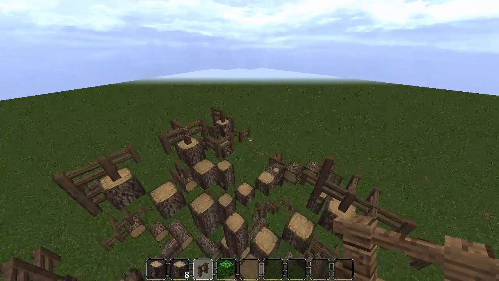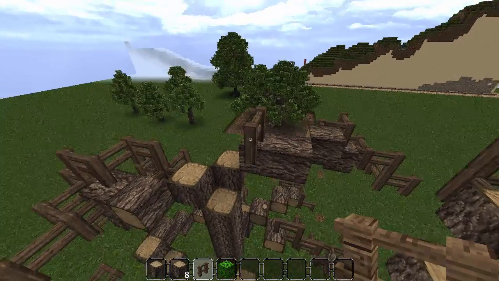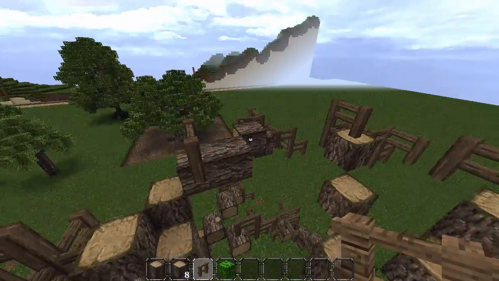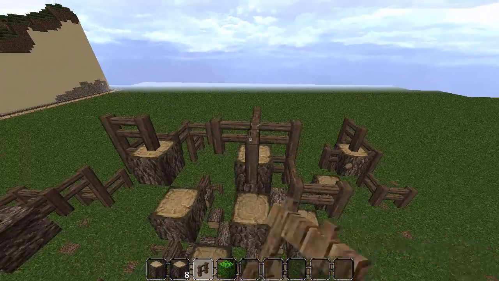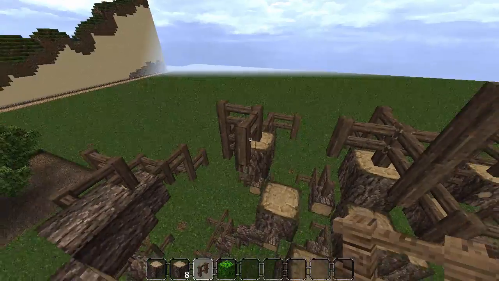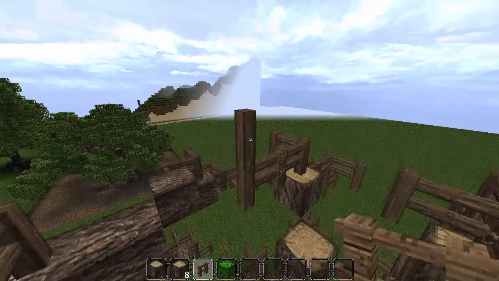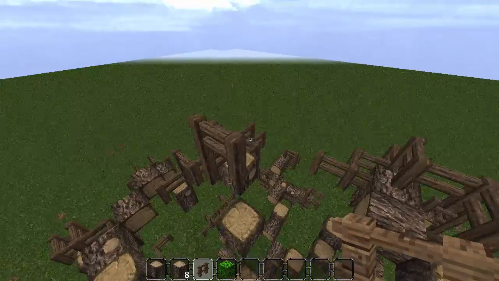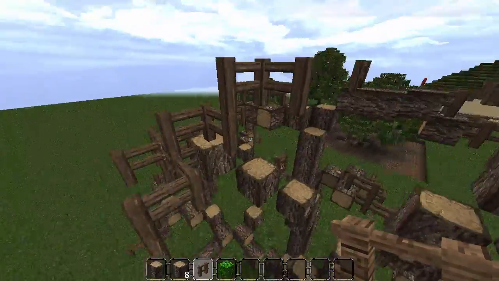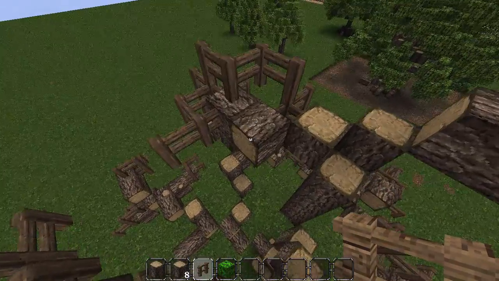And just before I put all the leaves on, I'm going to go over the top of the tree. Especially when you've got a log across like this, this is a great place to actually add a fence. And for the top of the tree, you basically want to join as many of these top branches up as you can, but make sure you go up as well, so it actually creates a nice little canopy. By that, I'm going up to get all the blocks roughly about the same height, the same level,